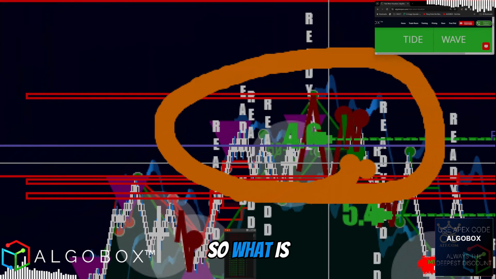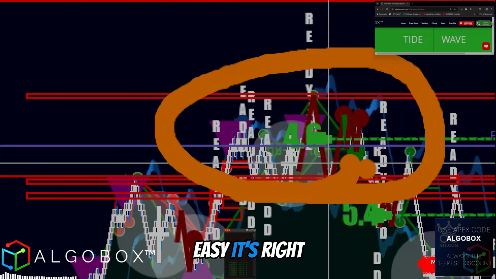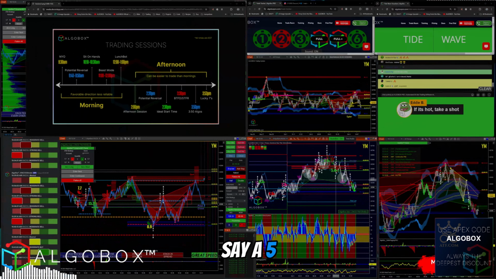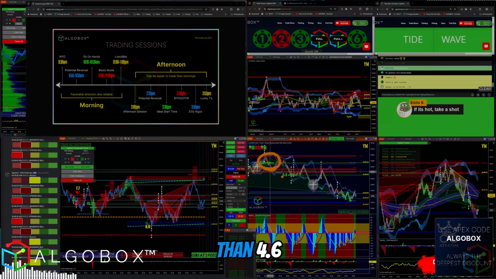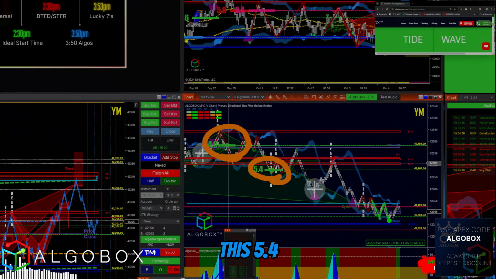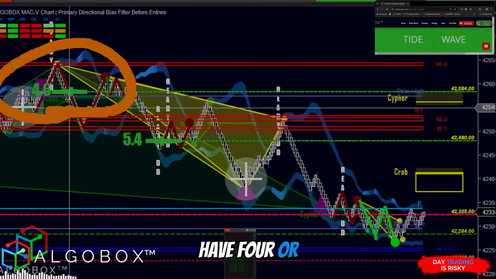There it is. So what is the current pivot that matters? Easy. It's right there. 4.6. So I might round it and say a 5, and I can get a turn. Look at that. 5.4. And we push up. If I know that level 4 was good enough for this big giant turn, then I'm going to look for the next one that is more than 4.6. Is 5.4 greater than 4.6? When I see this 5.4, can I take a reversal? Yes. This thing is going to keep moving, keep moving, keep moving, keep moving. I got to at least have 4 or 5 before I'm looking for a big